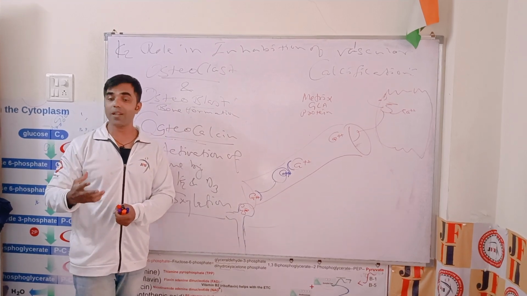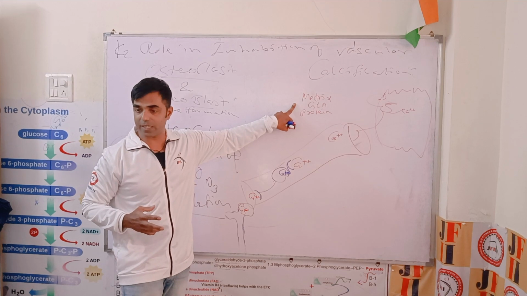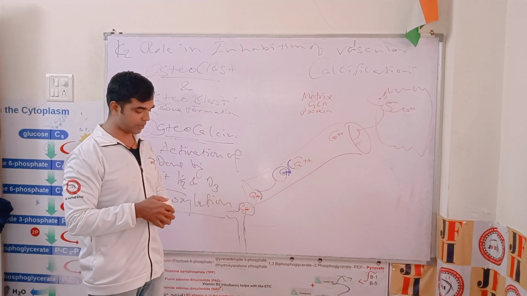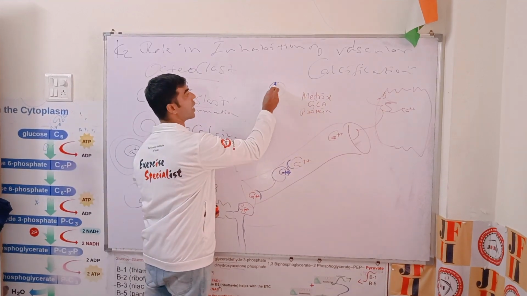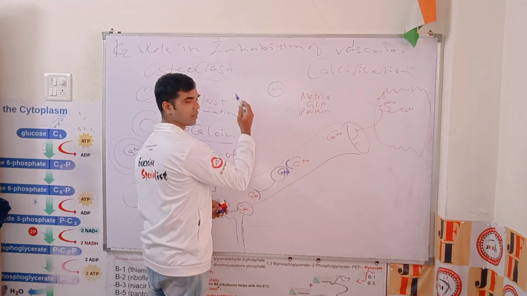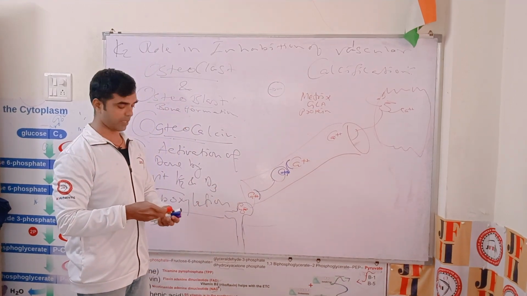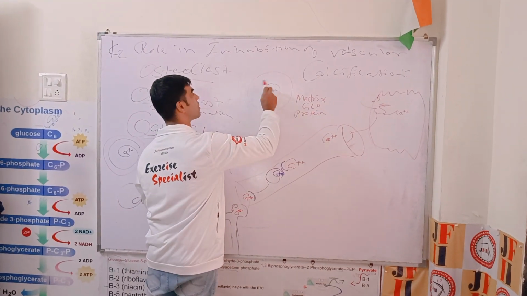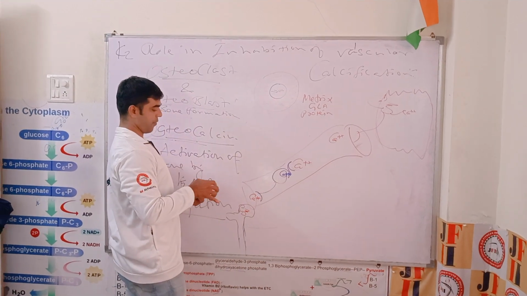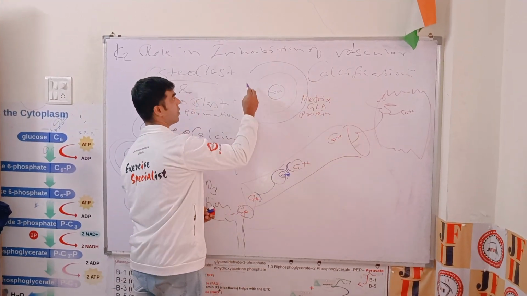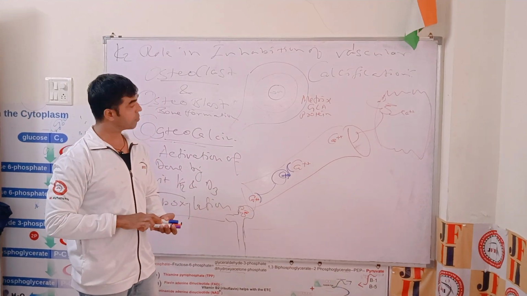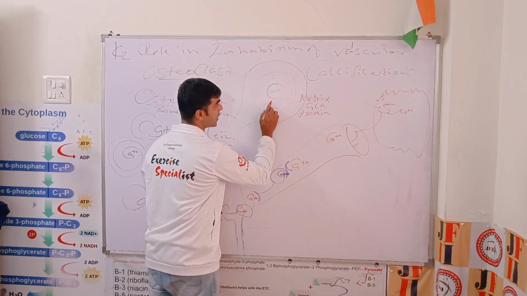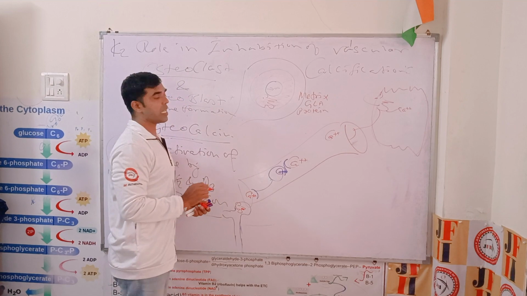Now you have to understand where this matrix GLA protein is synthesized. So who makes this? The smooth muscle of the artery, right? So let's understand the artery here. So this is your intima, right? And this is the lumen. Blood flow happens from this area. And we have media, and media has the smooth muscle, and we have adventitia. Now smooth muscles of this artery synthesize matrix GLA protein,